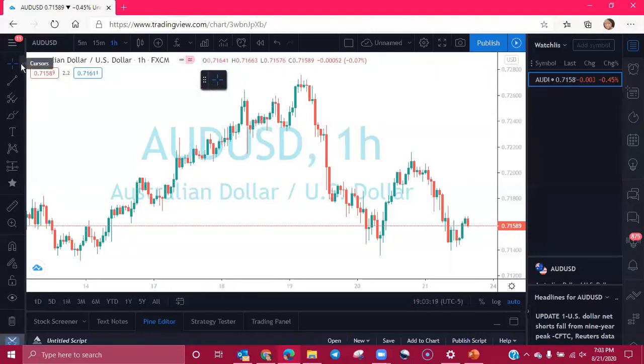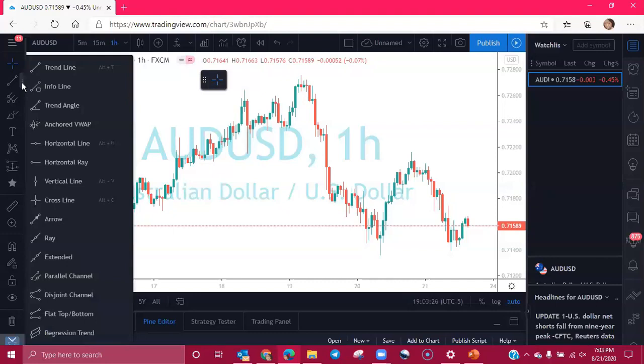So we've looked at cursors. We're going to go down to the trend line tools. You're going to click that arrow right next to it. And then you see a bunch of options for you to use. Now, I'm going to point out the ones that you will probably use most often as you're charting. The first one would definitely be a trend line.